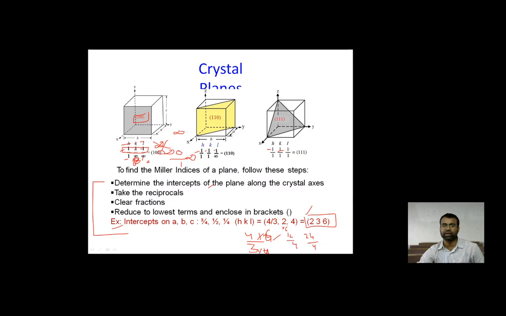That clears the fraction. Similarly, 6 into 2 is 12, divided by 4, that leads to 3, and 6 into 4 is 24, divided by 4, that leads to 6. That is how we minimize and clear the fractions,